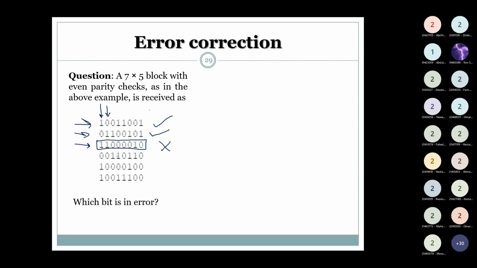1, 2, 3, 4 is good. 1, 2 is good. 1, 2, 3, 4 is good. So I have the third row that contains an erroneous bit. I don't know till now which is the erroneous bit. I just know that this row is invalid. Now move to the